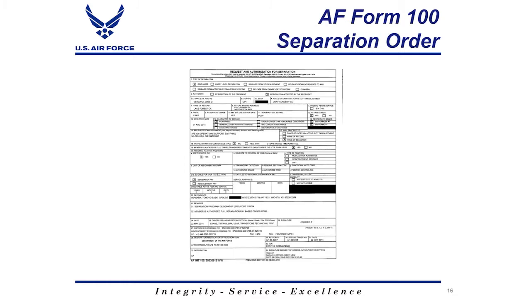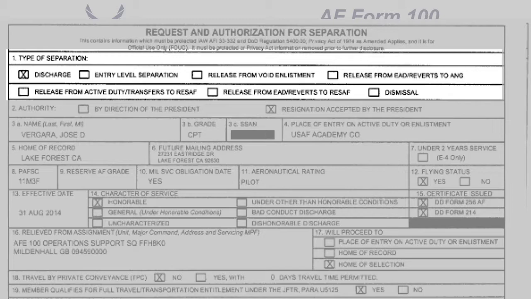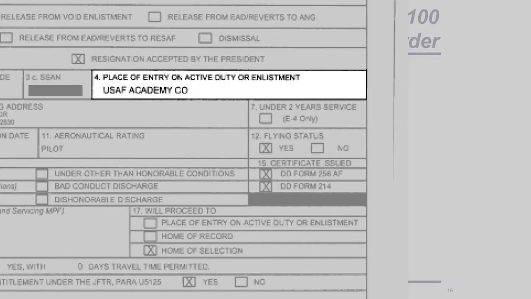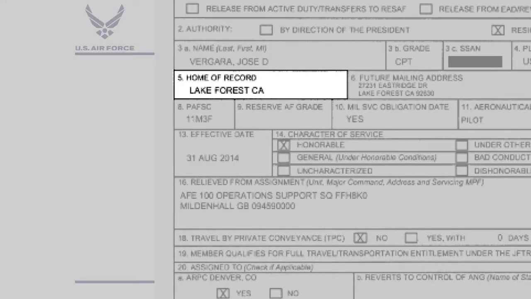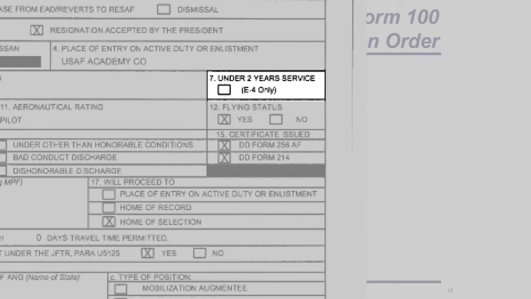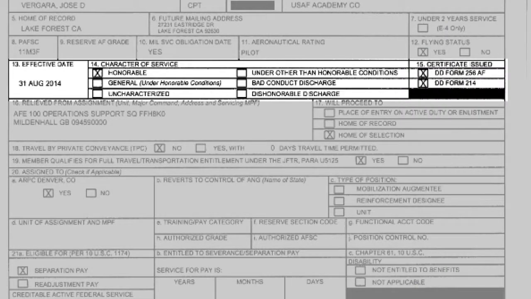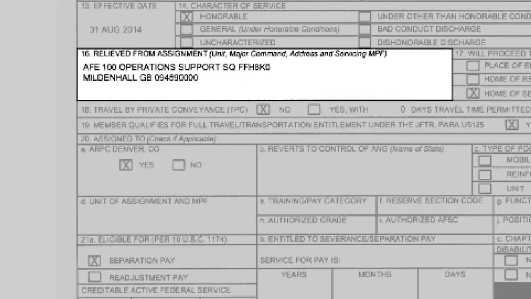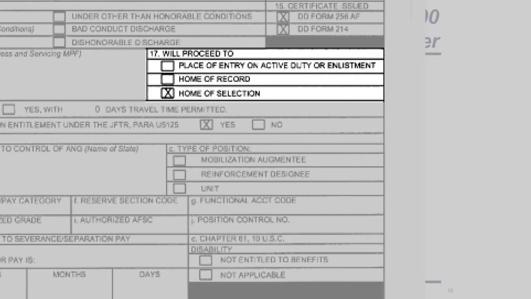The Air Force Form 100 is the request and authorization for separation order. The most important blocks on this order are Block 1, type of separation, Block 4, place of entry on active duty or enlistment, Block 5, home of record, Block 7, under 2 years of service, Blocks 13 to 15, effective date of separation, character of service, and certificate issued, Block 16, relieved from assignment, Block 17, will proceed to, Block